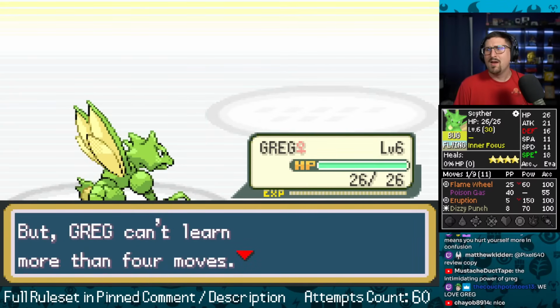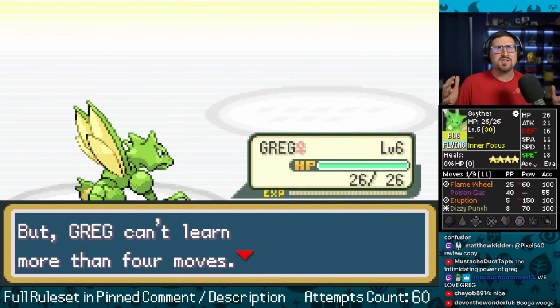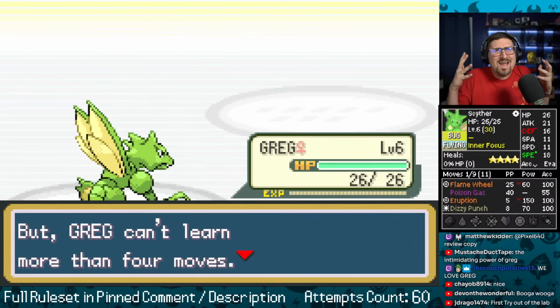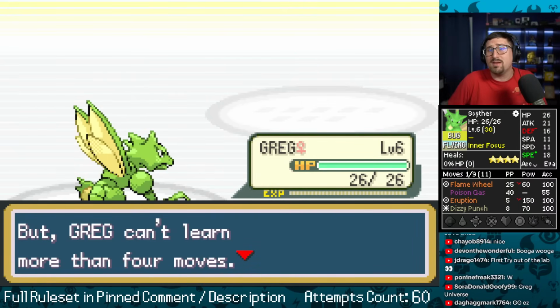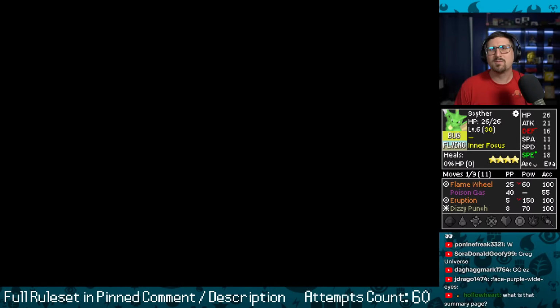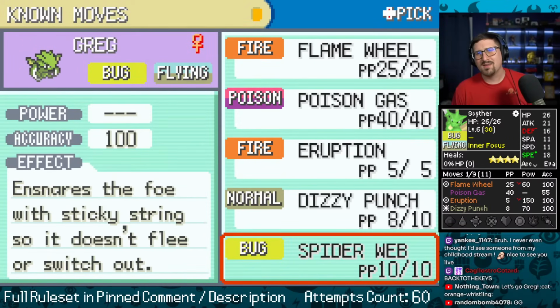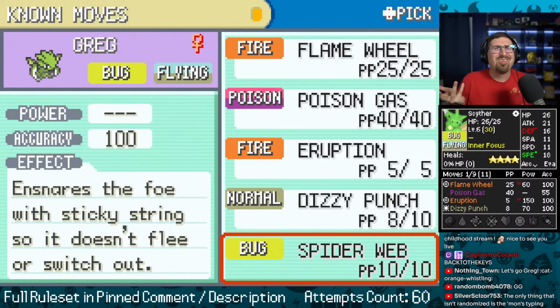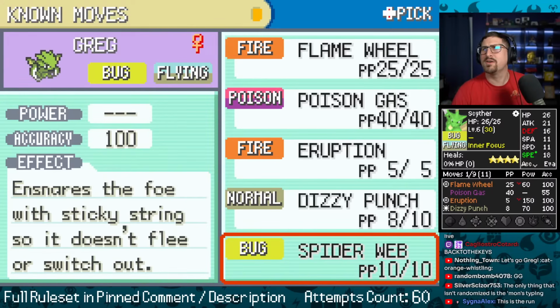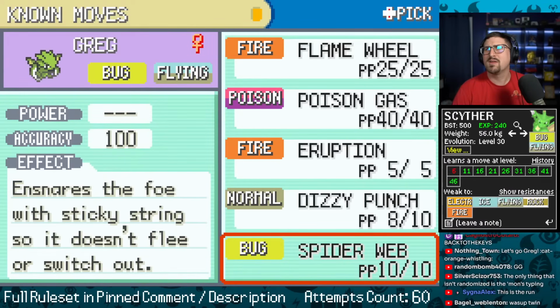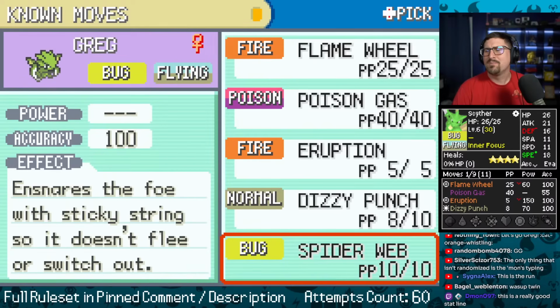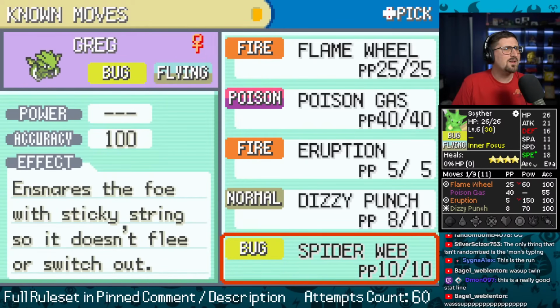Oh, we learned new moves. This is also a really rare situation where I think I'm taking Scyther. I usually try and pivot into other mons. You'll see. Spiderweb is probably garbage, though. It's not probably. It can't switch out. That has almost no use for us, right? Even over Poison Gas or Flame Wheel and stuff. There are very rare instances where the AI is ever going to be switching out or fleeing, right? Yeah, this is legitimate. This Scyther is actually a really good start to this challenge.